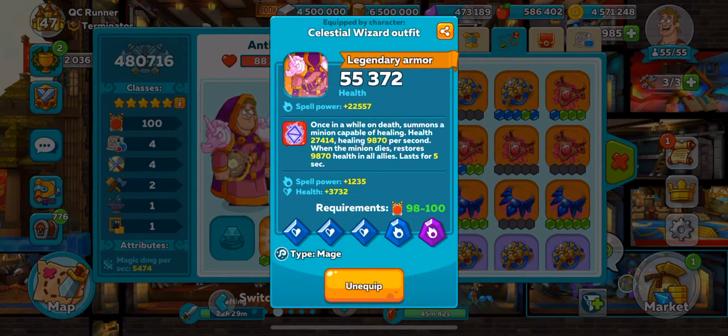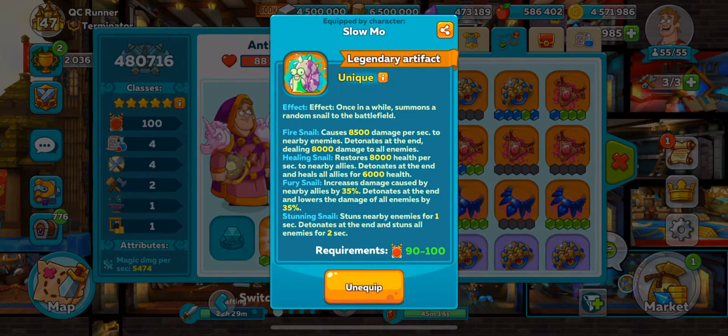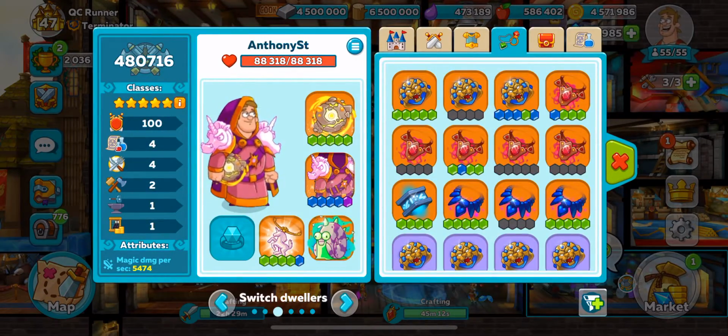The big thing about this one is when this fighter goes down, it will summon a minion who will heal 9870. And when the minion dies, it restores health in all allies by 9870. So it's a lot more group healing again. That is kind of the goal of where I'm going with this: restoration without having to do tons of work. Plus occasionally the snail will do a restore. We have the new wave doing a restore, so we're getting